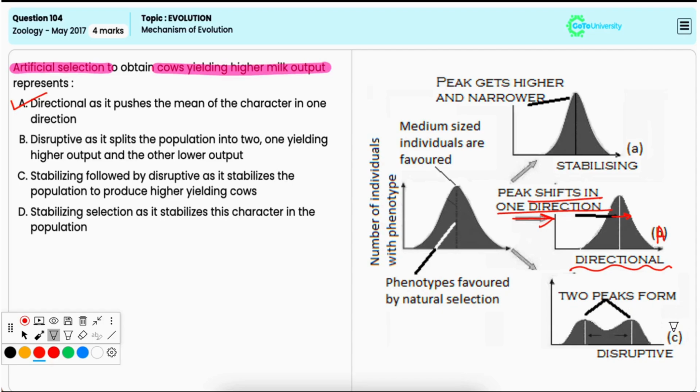Option B, disruptive selection, as it splits the population into two, one yielding higher output and the other lower output. This is incorrect because disruptive selection occurs when individuals with extreme traits on both ends of the spectrum are favored, leading to the splitting of the population. So in this case, as only higher milk yielding cows are being selected, there is no splitting of the